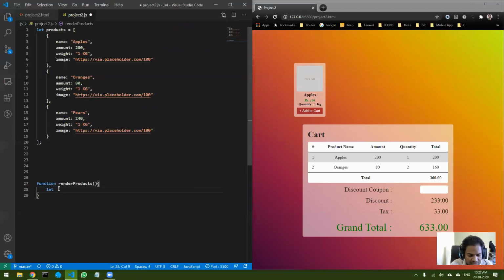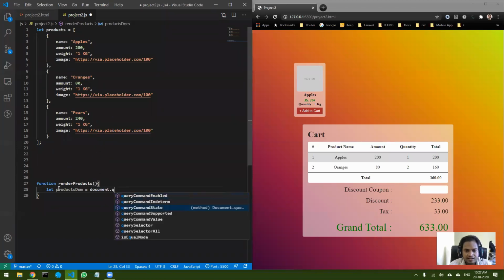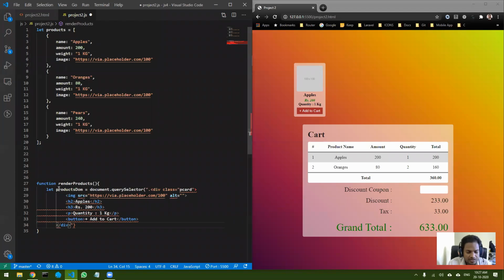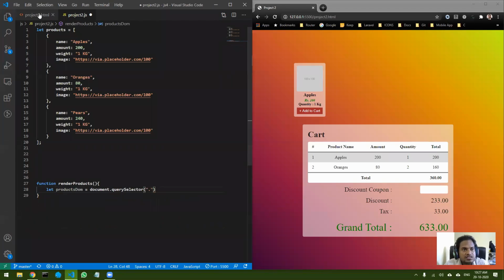Let me call it productsDOM. I can select it with the help of document.querySelector and the class name of it. What was the class name? It was products. Okay, so I have selected it.